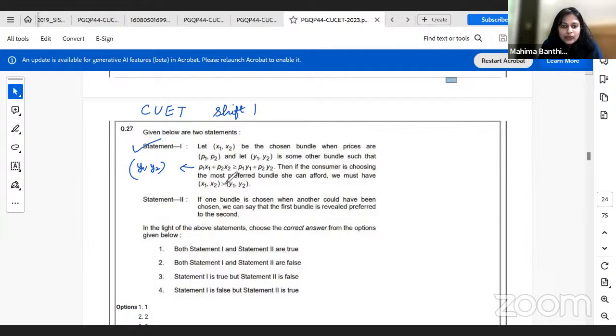Another thing in this could be the next one, x2 is indifferent between y1, y2. In case there are, let's say, something like perfect substitutes, you have many points which are indifferent between one another, and out of them, you just choose 1 point randomly. So if there is a chosen bundle and the second bundle is also affordable,